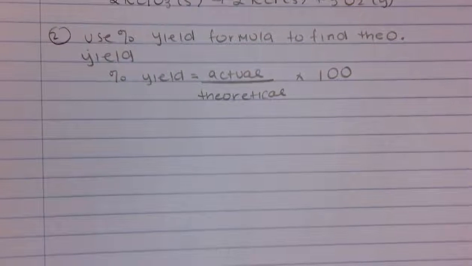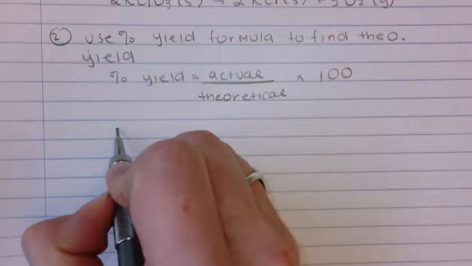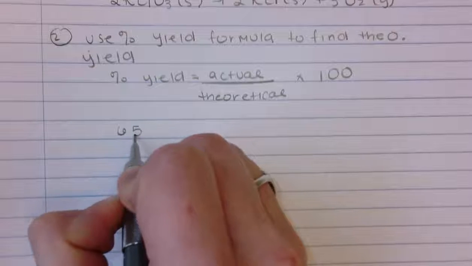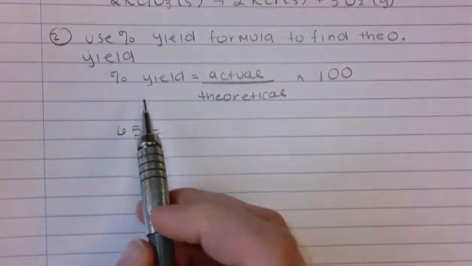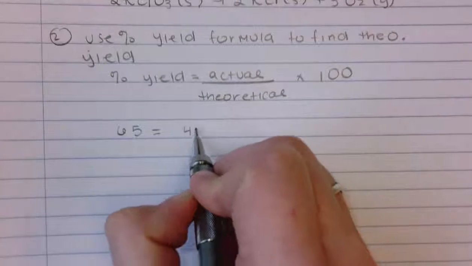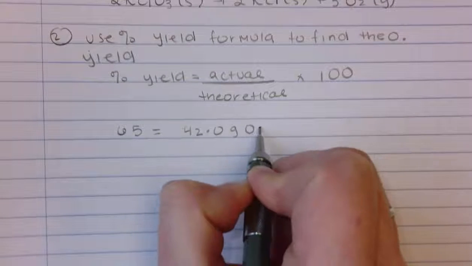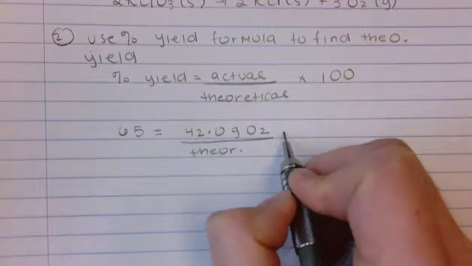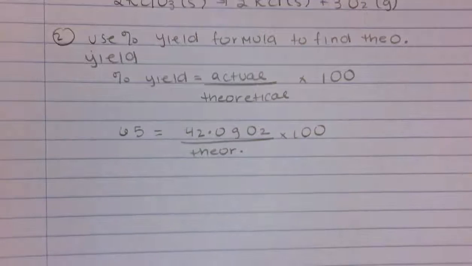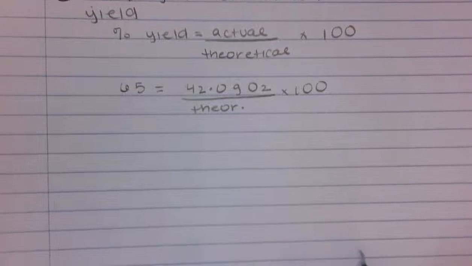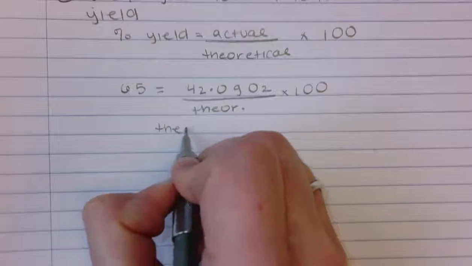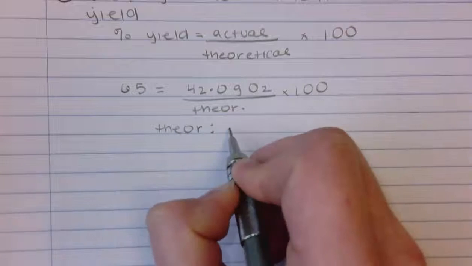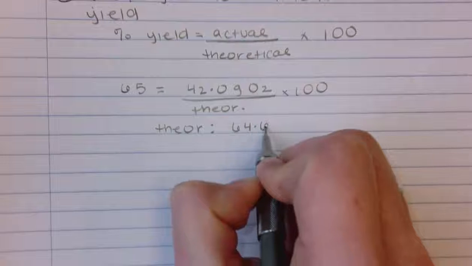So to find the theoretical amount of oxygen, we take 65, which is our percent yield, which equals 42 grams of oxygen over theoretical, times 100. And I get that the theoretical amount is 64.6 grams